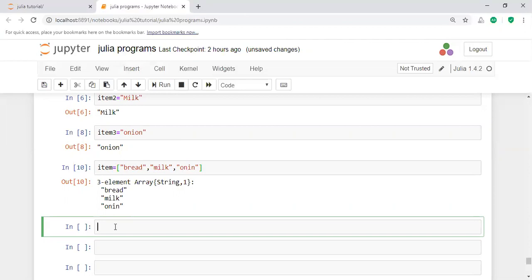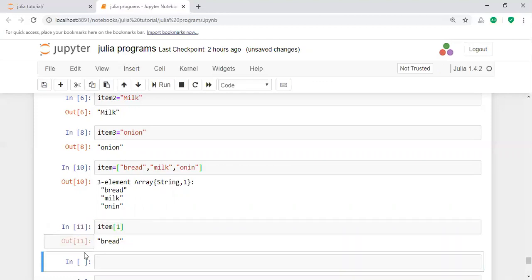Suppose I want to access the value bread. How can you take the bread value? Item of 1: directly you get item of 1 as bread.